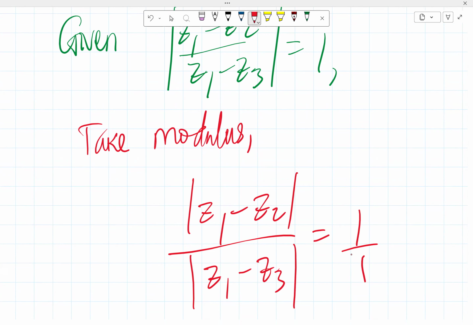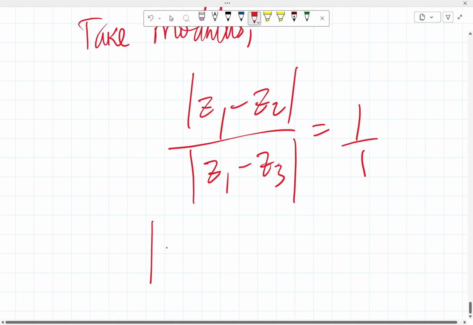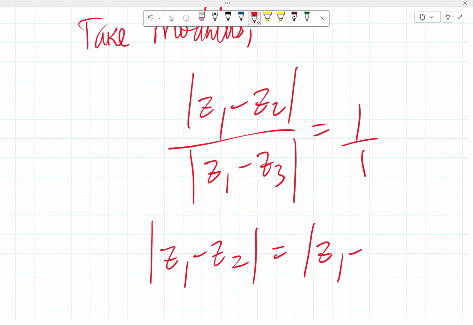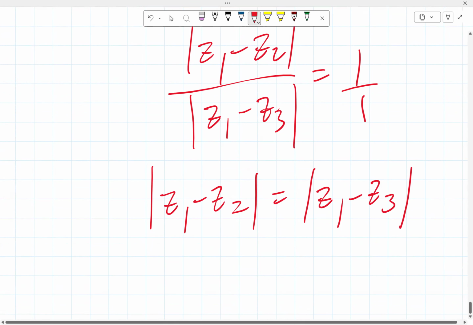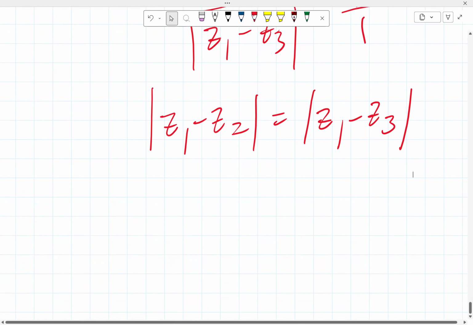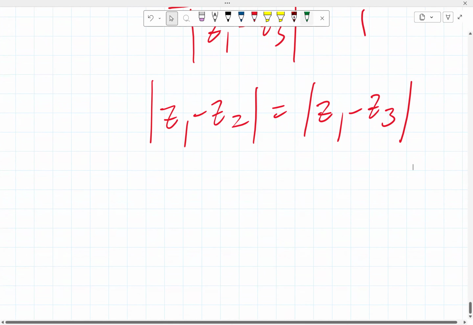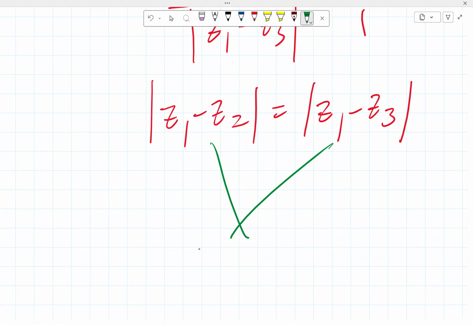Like 1 over 1, we can cross multiply. That means the absolute value of Z1 minus Z2 is equal to the absolute value of Z1 minus Z3. That's a very simple thing. So the interpretation here is that